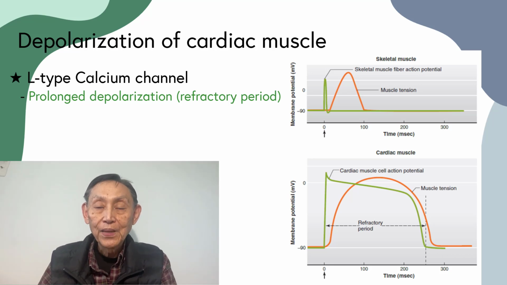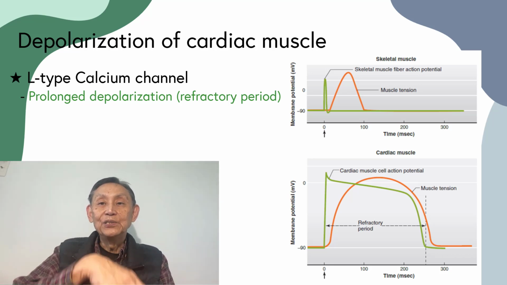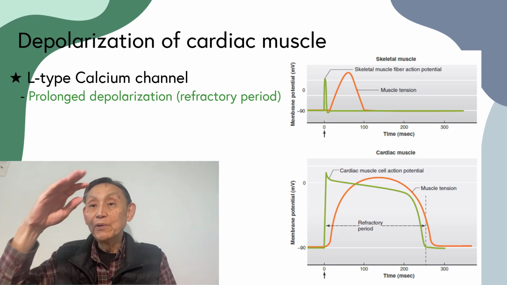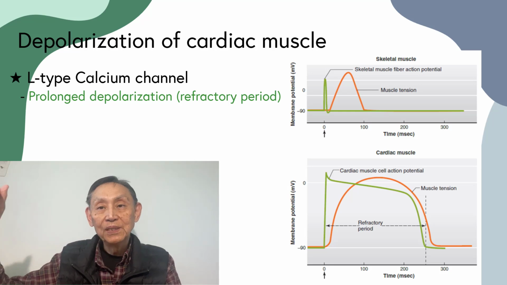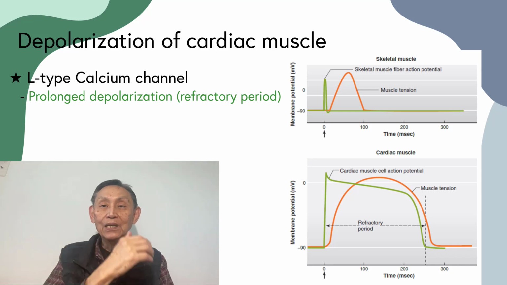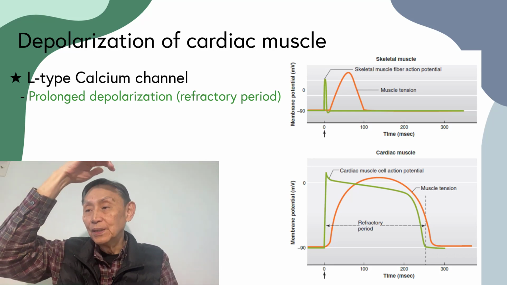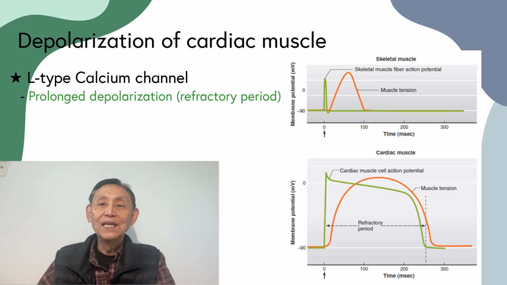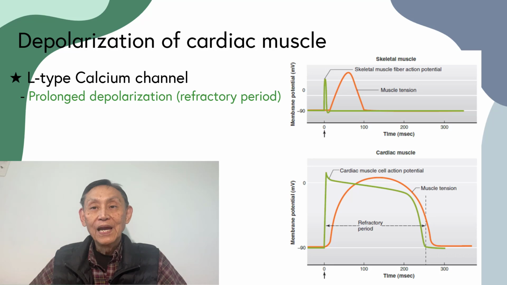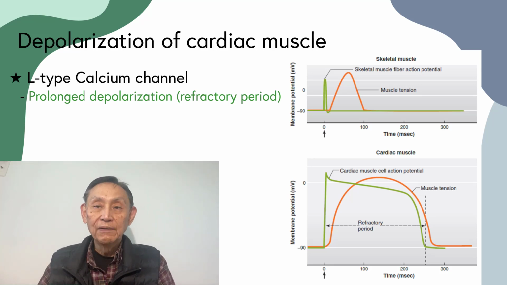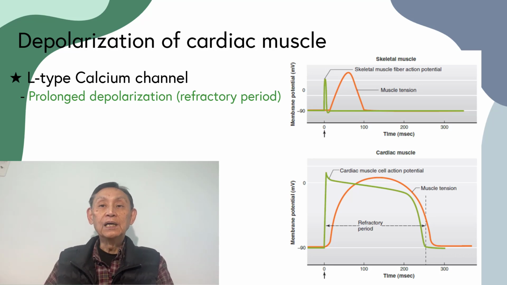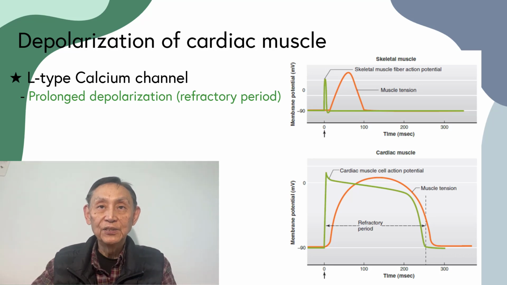That will be fatal. So the prevention for that is you just prolong the depolarization, and that means all the way through it's a refractory period for the next action potential. So it will last as long as the contraction. When the contraction is fully relaxed, then the next action potential can come in and cause the next contraction of the cardiac muscle. We will emphasize that again when we talk about cardiovascular physiology.